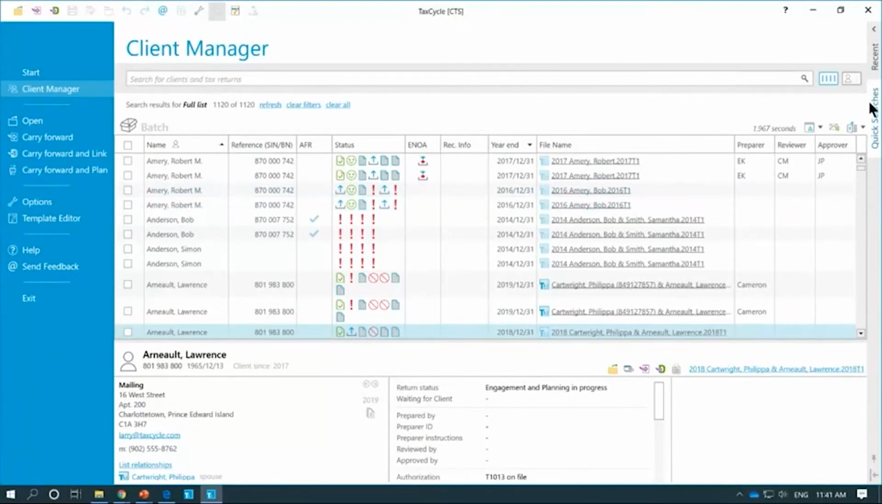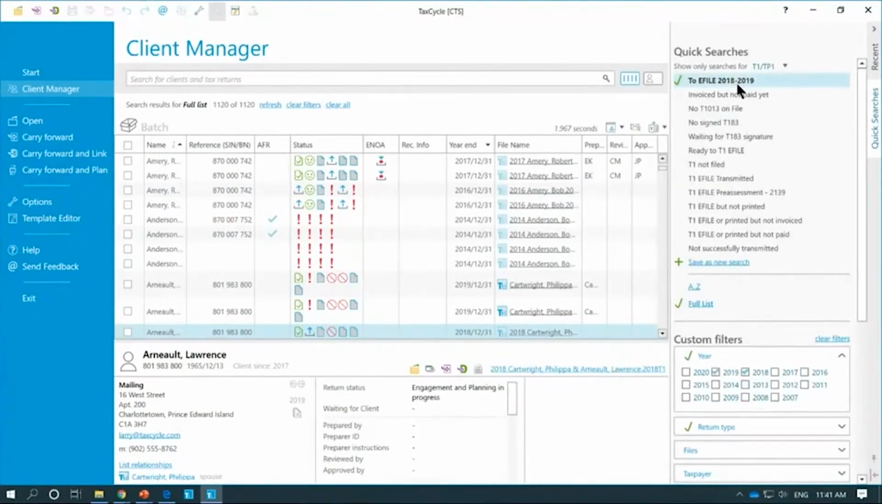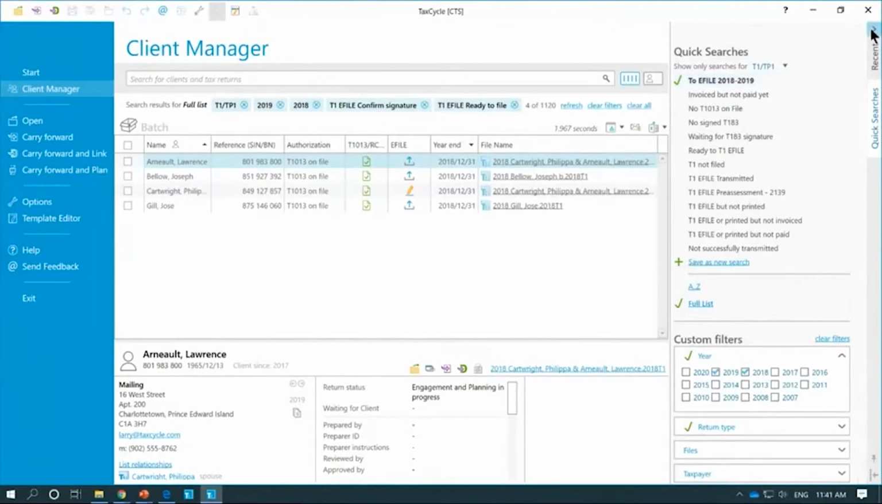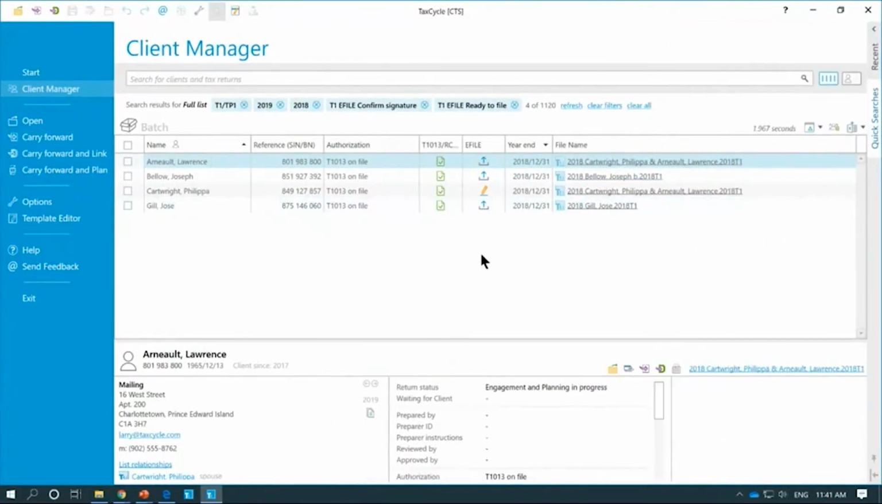So what I'm going to do, I'm going to select my 21E file here. Got my filter with my saved search, identify the returns I want to e-file. It's selected my column layout for me. So now I actually want to batch transmit these returns. So how do I go about doing that? So on the left-hand